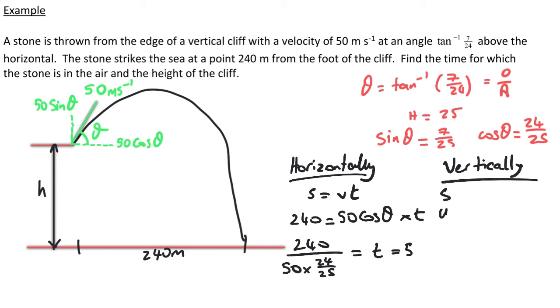And if we do SUVAT, s is what we're interested in. u is going to be minus 50 sin theta. So what we're doing is we're going to take down as positive, and we're just looking for h. We don't need to work out the maximum height and then the time taken to go down or anything like that. Because these are all vector forms, we can take h is what we're trying to find, and